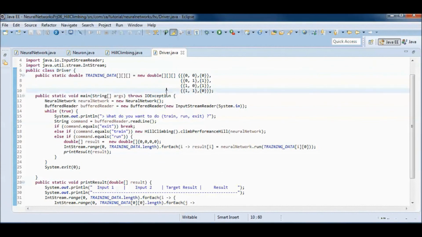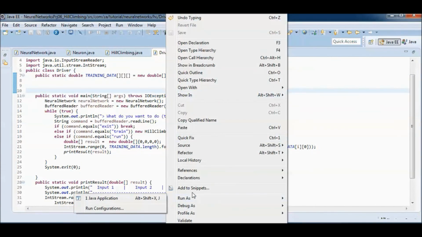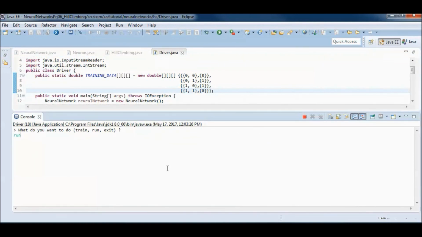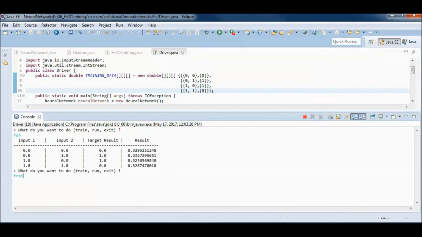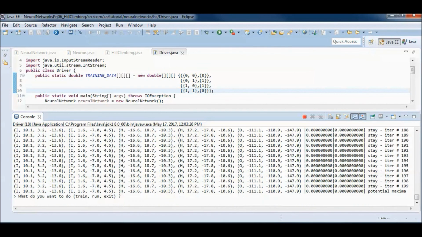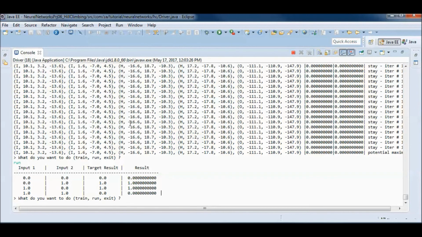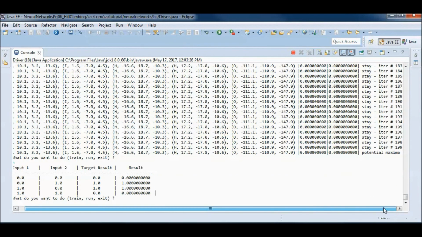Finally, let me go ahead and test run the application. So let's try running first and then do some training and running again. And here we go. They are the same. So we reached a potential maxima after 200 iterations.